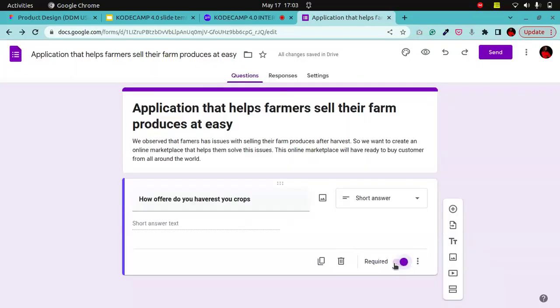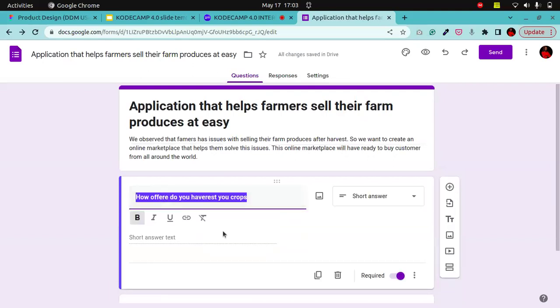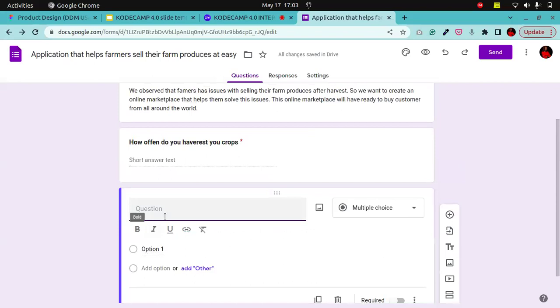So that's the same functionality here. So I'll be adding another question. Let me change this to often. Yeah, I made a little bit of mistake here. How often? So the question is